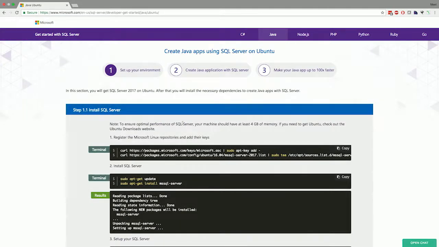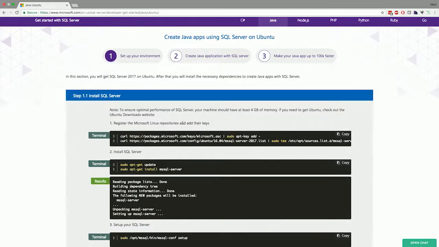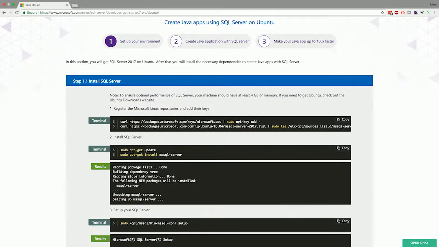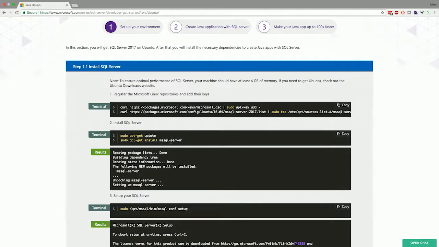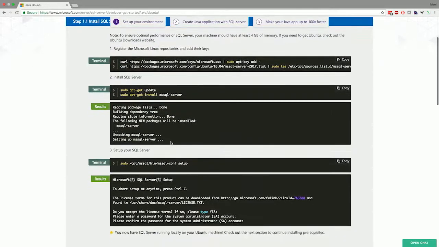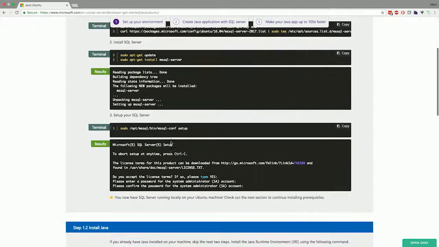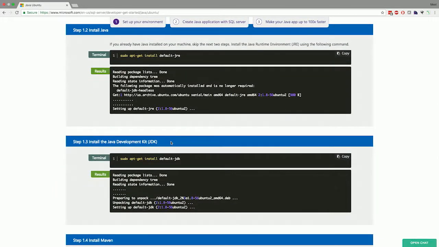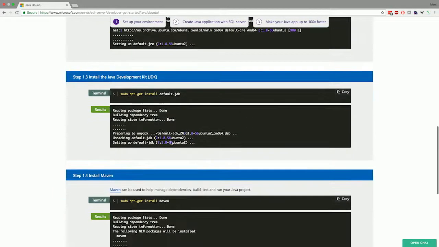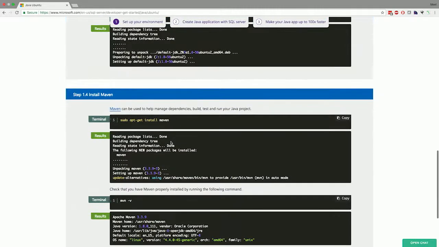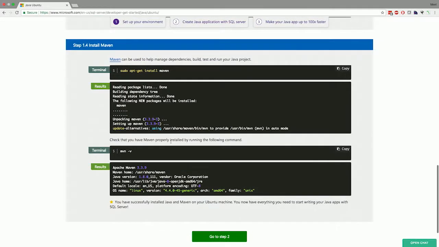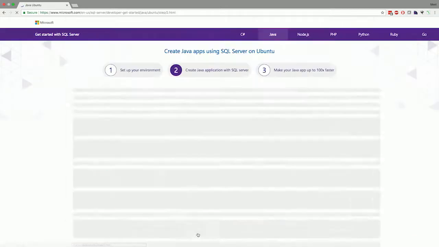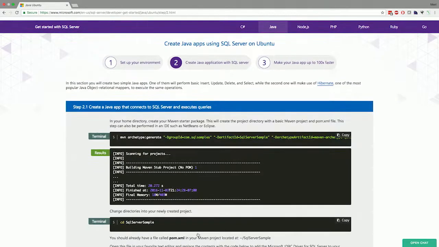I come here, the first step is install SQL Server. This is pretty straightforward, it walks through how to register our repositories, add our key, and do an apt-get install mssql-server. Once you do that, you set it up using mssql-conf. Then you have to install Java. Once you're done installing Java, you install the JDK, which is required to run your Java apps. Then you install Maven. Check Maven is installed or not by running mvn -v. And at this point, you have SQL Server and all the necessary tools required to create your first Java application with SQL. Then you move on to step 2, and it'll tell you how to create your first Java app